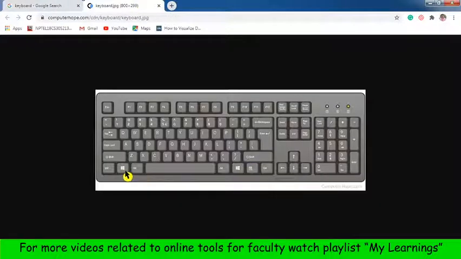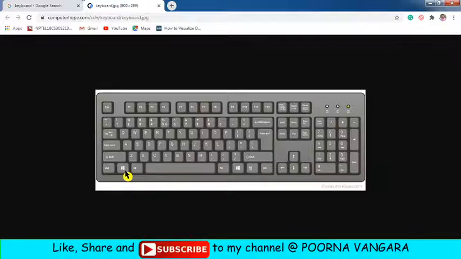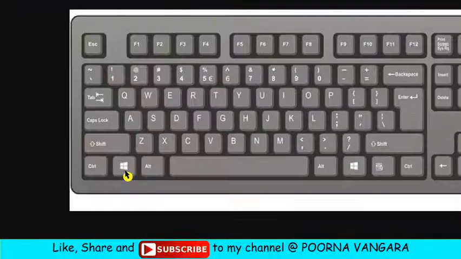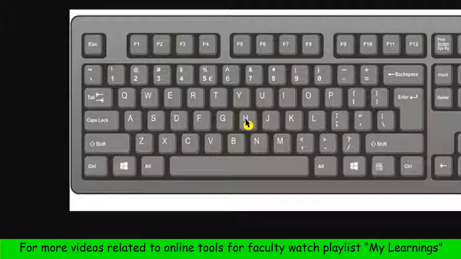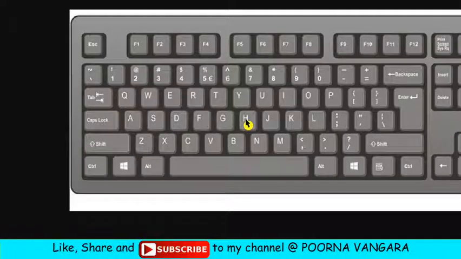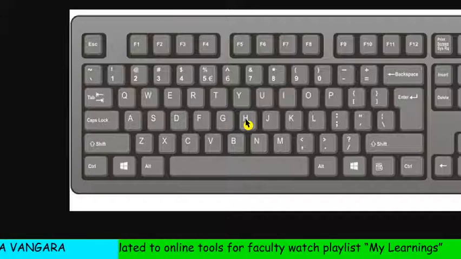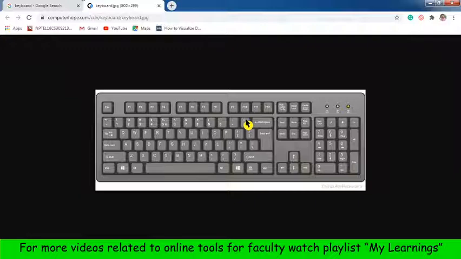So here the option is there, this Windows symbol. Again I am using the same thing, Windows symbol and this plus and minus. When you click Windows and at the same time plus, that means zoom. Again if you click plus, you are going deeper, like zoom in. And if you want to come out, then you click on minus. So right now I am going to come out. For that I am using Windows symbol and minus.